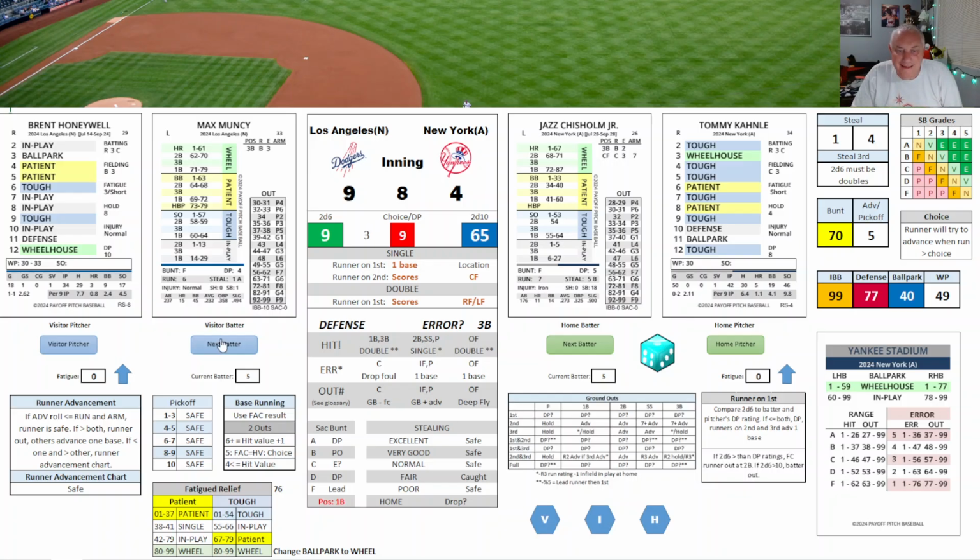What looked good for the Yankees, they were up 4-0. They were up 5-0 in the last game. Up 4-0 here. It's not going to make it. New pitcher for the Dodgers as well. Chisholm's up. Honeywell's done. We're ahead in the 8th. We're up by a lot, up by 5 or more. That's going to be Trenian's coming in.